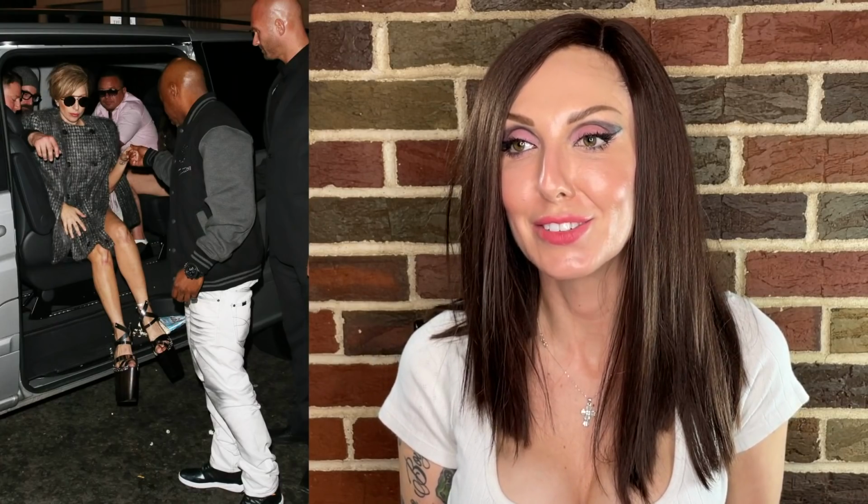And then afterwards, we all went out to this club with Too Short. There are photos of us arriving back at the hotel. I think I'd gotten a rose from one of the fans. You guys gave me a rose, and I was getting out of the van and Too Short was helping me out. And someone had commented or tweeted that he was a random person helping me out of the van. I was like, excuse me? He's a world famous, iconic